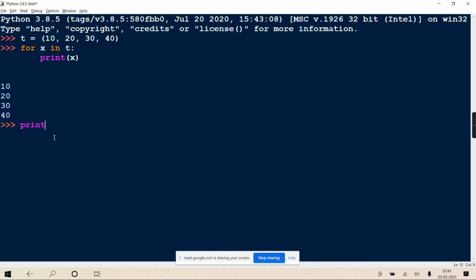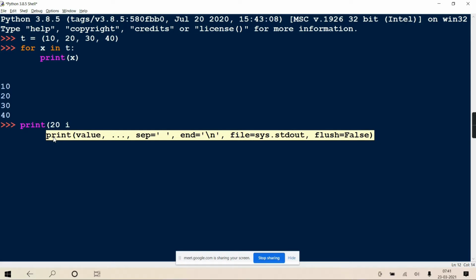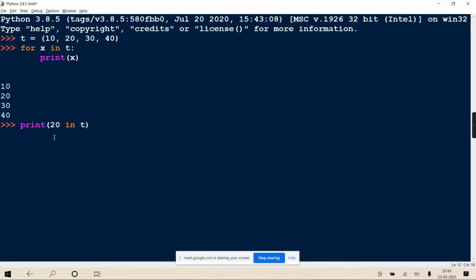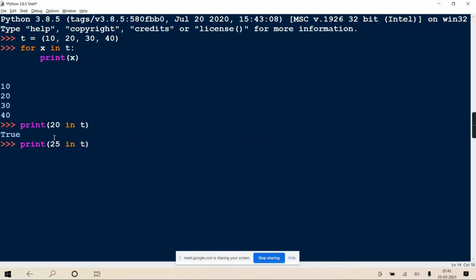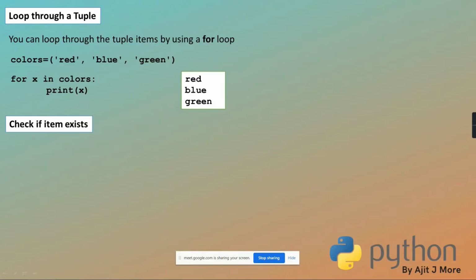So print 20 in t. Is 20 present in t? Yes, therefore it will return true. If I write 25 in t, 25 is not present, so it will return false. So simple it is.